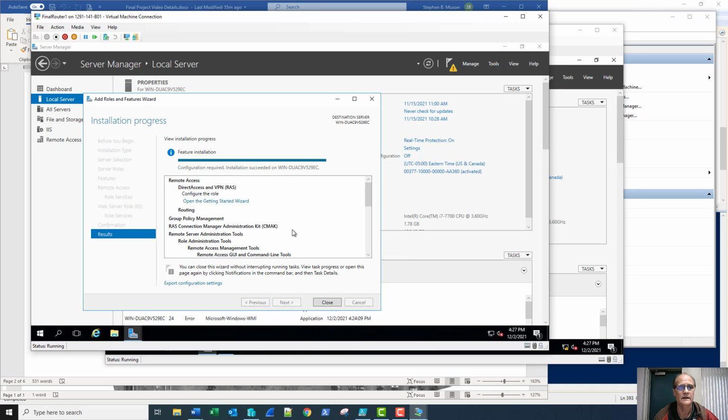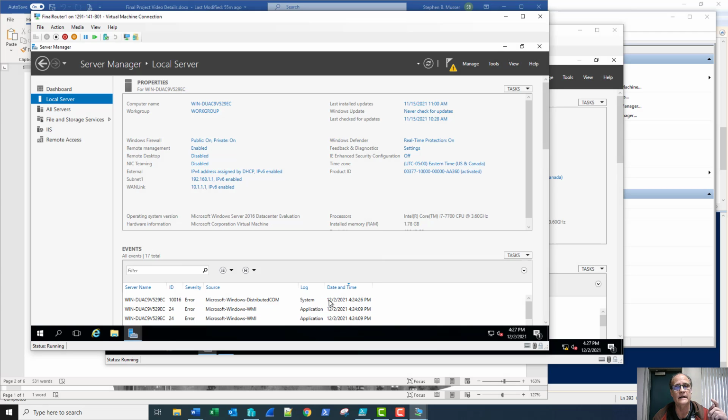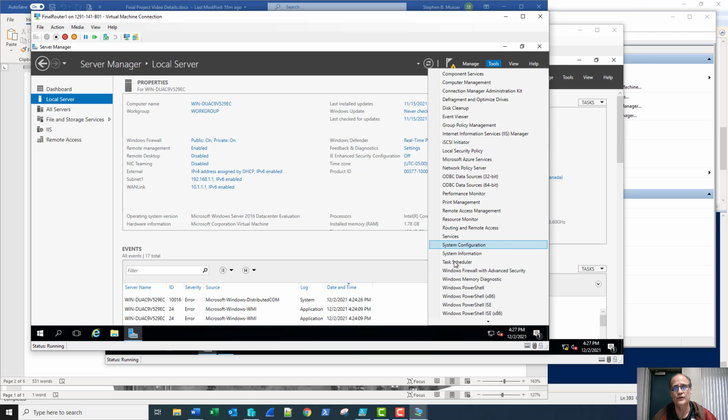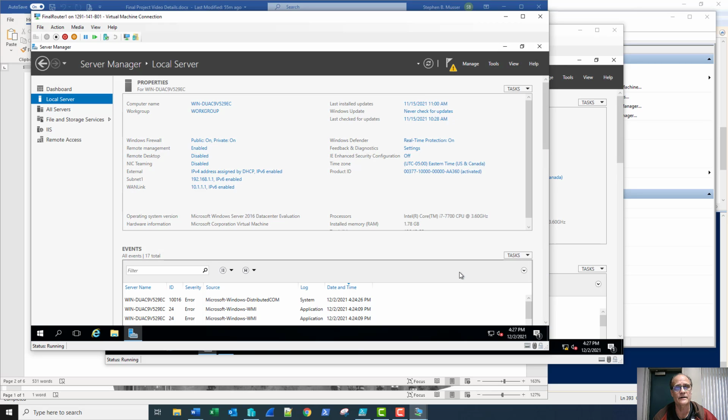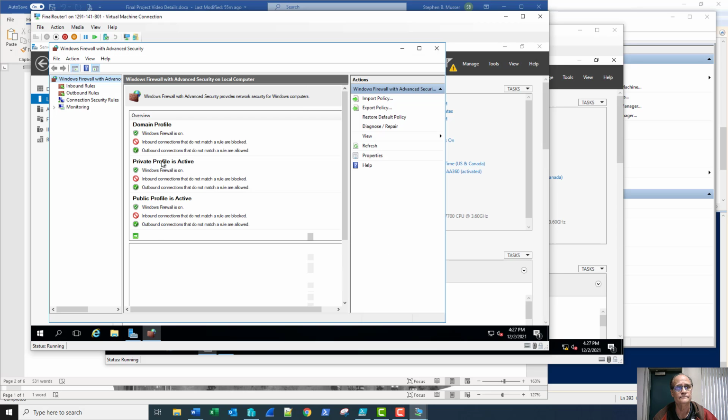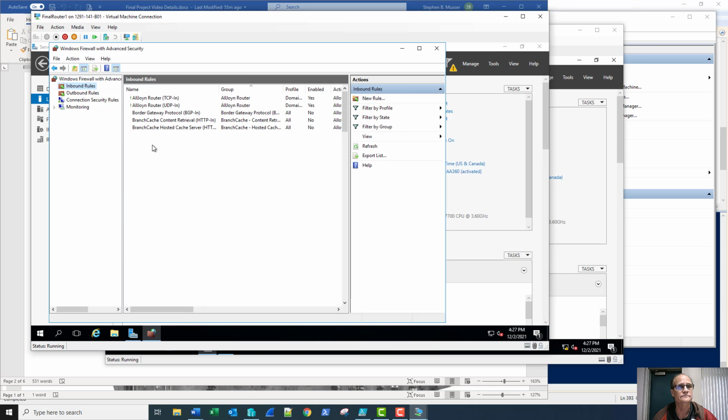You can see my configuration's done. It's installed the role. No, I'm not going to configure direct access and VPN, so I am not going to click this Getting Started wizard. I'm simply going to close the Add wizard screen. I'm going to go to Tools, Firewall with Advanced Security, Inbound Rule,